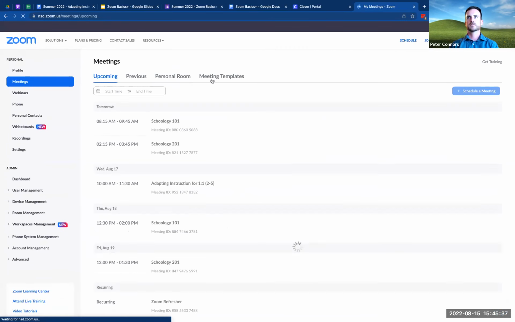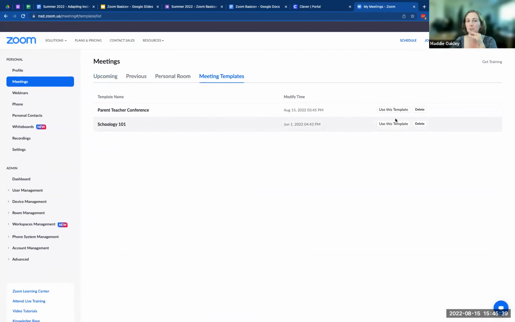And then what would happen is that if that's your template and that's what you choose as parent teacher conference, it's going to have the template of no fixed time. It's going to have the template of put in the waiting room. It's going to have all of those things. Yeah, and especially for those parent teacher ones, you don't necessarily need as much authentication on it, or you have a particular waiting room that has a welcome to parent teacher conferences kind of thing. That would be really useful.